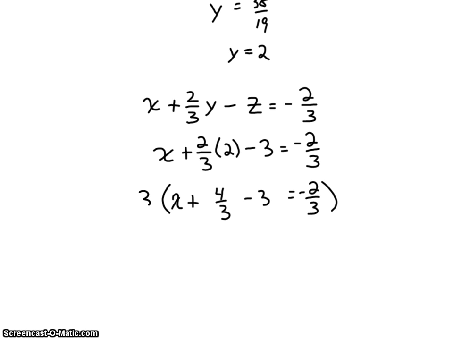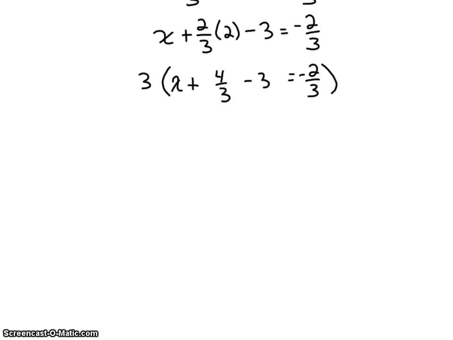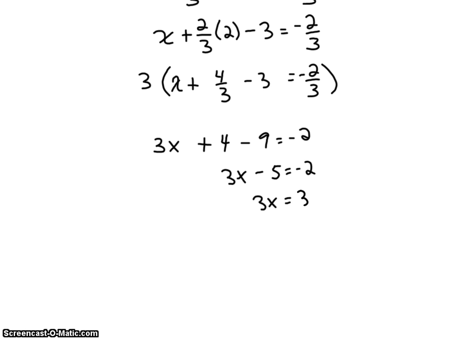Multiplying this whole equation by 3, we get 3x plus 4 minus 9 equals negative 2. Simplifying, 3x minus 5 equals negative 2. 3x equals 3. X equals 1. So the solution is 1, 2, 3. X is 1, y is 2,